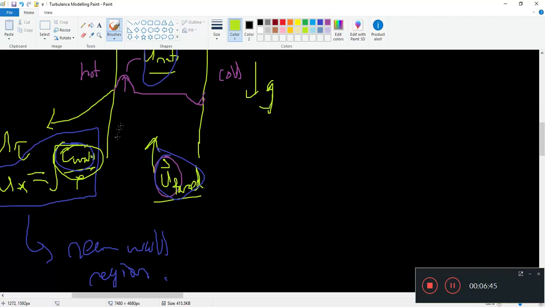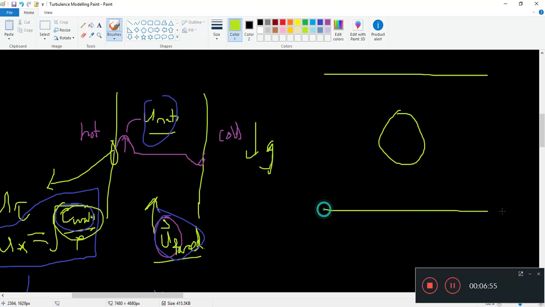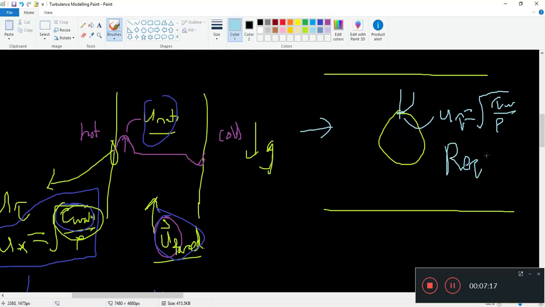Because this is near the wall, it's just based on wall properties. You can actually apply this turbulence Reynolds number, or this friction Reynolds number, to almost any flow. So let's say you have flow over a sphere or an airfoil. You can also calculate what the wall shear stress is here. You can have a U tau, which equals the square root of tau wall over rho. And you can say this Reynolds number here is maybe 180, depending, and you can actually compare this